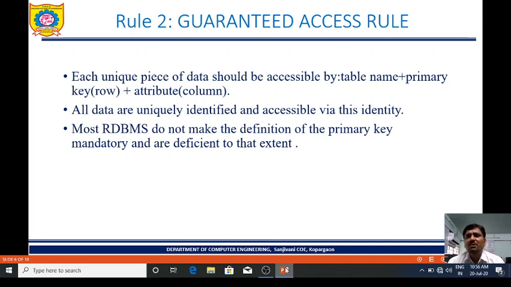Each unique piece of data should be accessible by its table name plus primary key or row plus attribute column. We are going to identify a row with any one key plus attribute column. All data are uniquely identified and accessible via this identity. Most RDBMS do not make the definition of the primary key mandatory and are deficient to that extent. This is rule number 2.